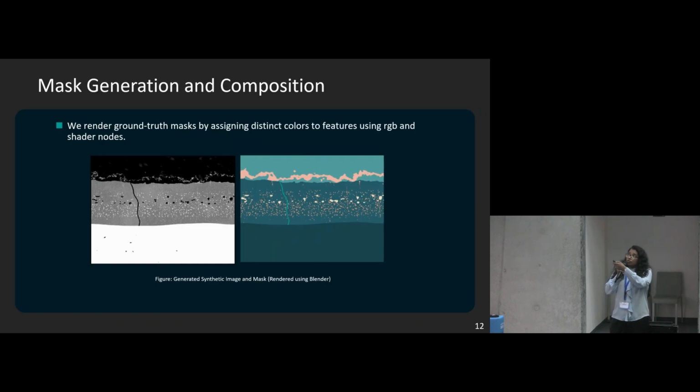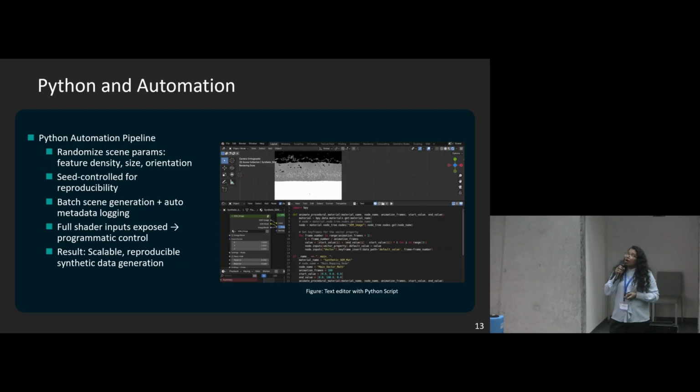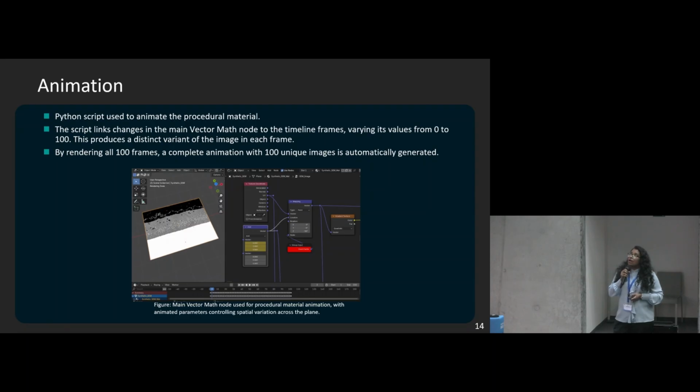This is the image from synthetic data and the mask created in Blender. We also use Python to automate, because this is just one image. We can create multiple images by changing the values using Python, and we can submit the scene for rendering.